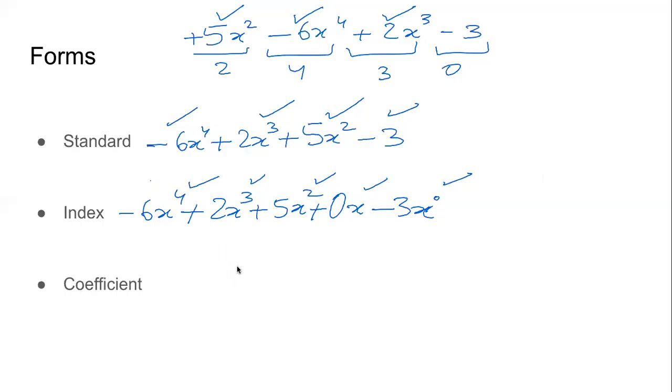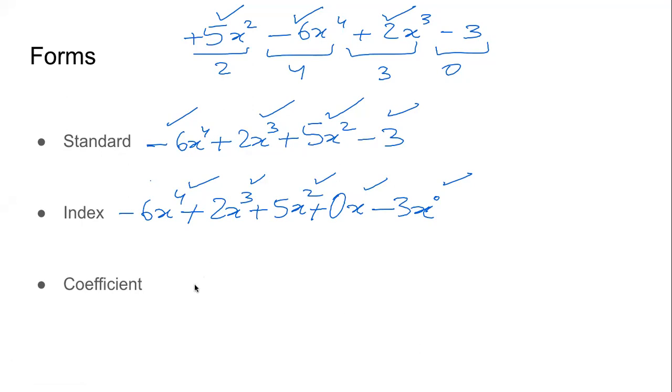Finally, we can now write the coefficient form. In the coefficient form, we forget about the variables, we forget about the powers. Why? Because coefficient form is written only for those polynomials which have only one variable, not more, only one variable. So we need not be concerned whether the variable is x or y or z, because it is the same throughout the polynomial. And we also need not worry about the power because all the powers are there. All we need to know are the coefficients. Okay, we will write the coefficients.